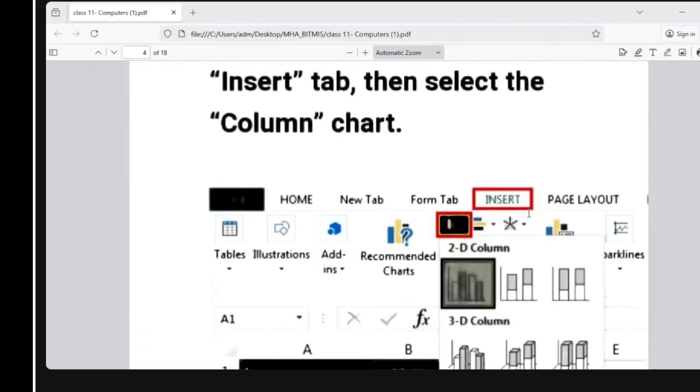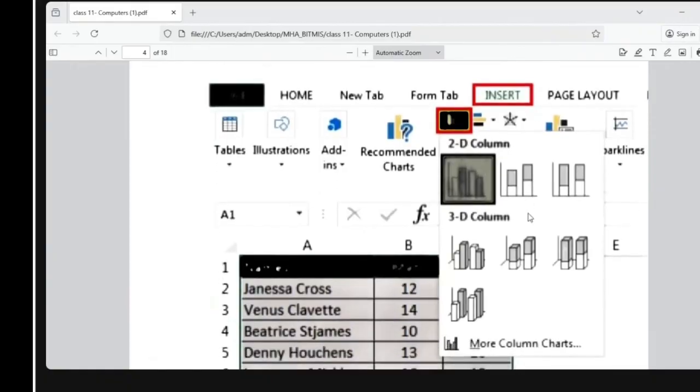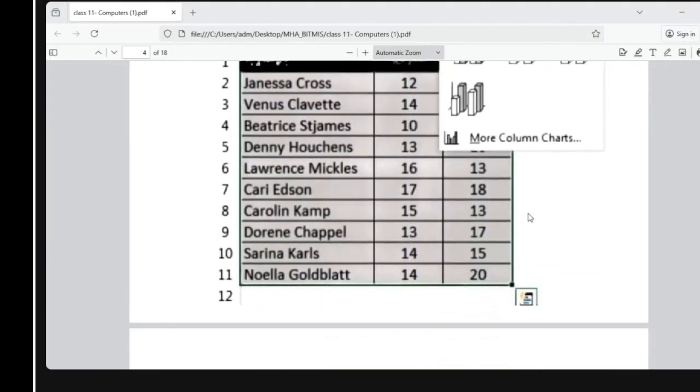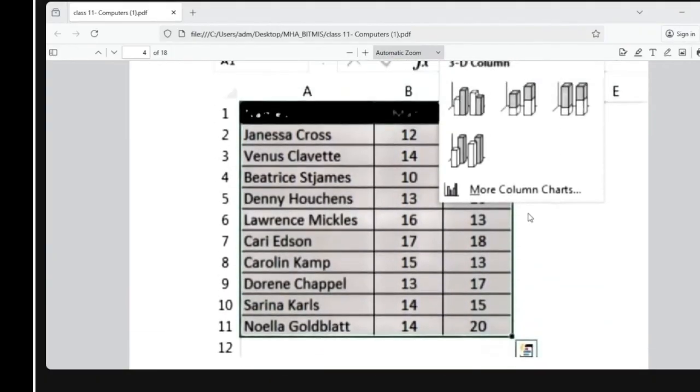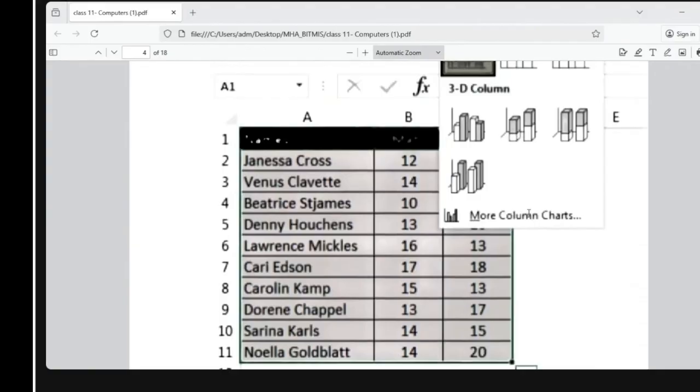If you want to insert a column chart, how many steps you have to take? See, you have to click the insert. It will be available in such a way. Suppose this is the list of names, maths, marks, right? How do you work on it? Click on the start button, all programs, MS Office. Under MS Office, you will click on MS PowerPoint, because you want to make a column chart of this table.